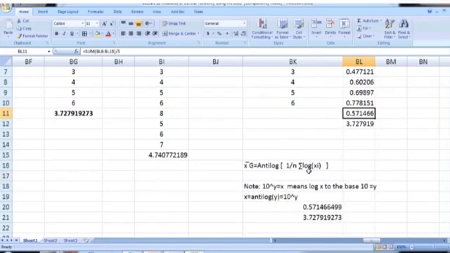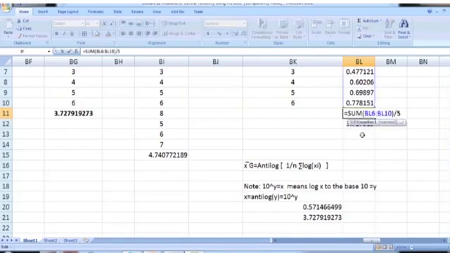Remember that if we have 10 raised to power y equals x, this means that log x to the base 10 equals y. So in order to calculate x, x is the anti-log of y, or it is 10 raised to power y.